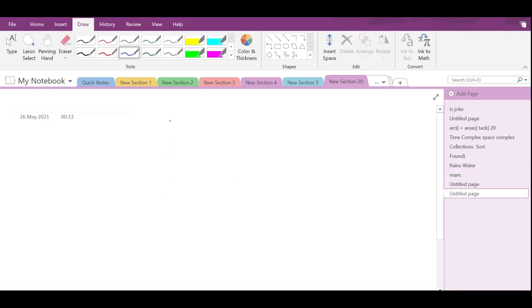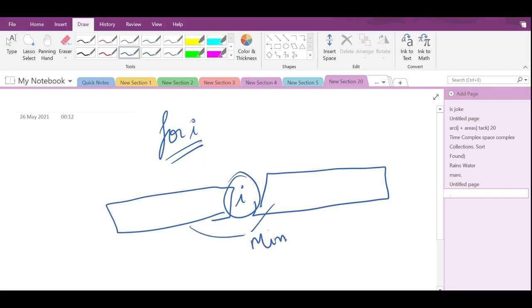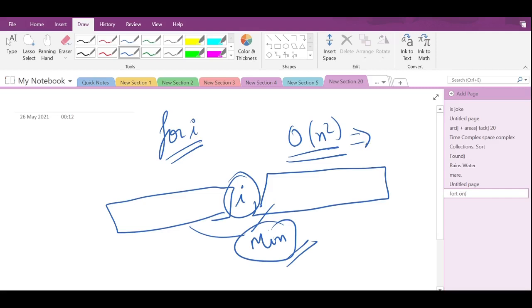So how shall we do it? One of the basic approaches is that I iterate over my given array. Let's suppose I am on the ith building, then I will check what is my maximum value on my left side, what is my maximum value on the right side, and take the minimum of that. So this is one of the possible options, but we are not going to do it, right? Why? Because it will take a big O of n squared loop, and we need an optimal approach.